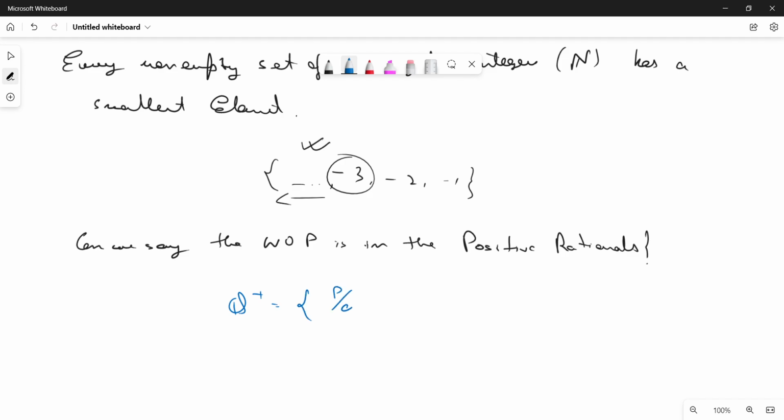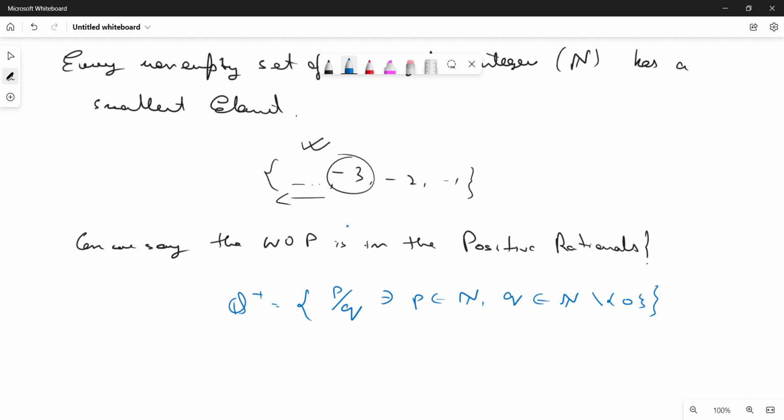So how are the positive rationals actually built? Let this be written as Q plus. So Q plus is the set of all elements P over Q, such that P belongs to natural numbers and Q belongs to natural numbers except the element 0, because we cannot define a division with 0. Now if P and Q belong to natural numbers, then the well ordering principle is obeyed by P and Q,